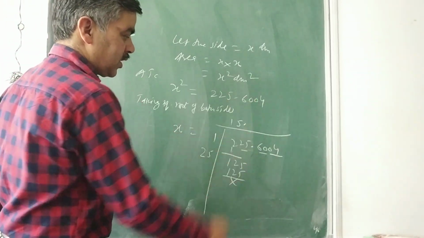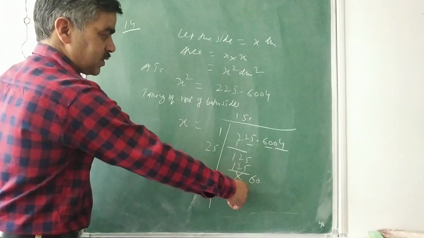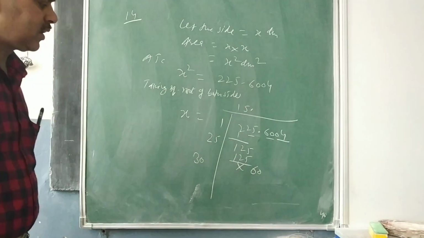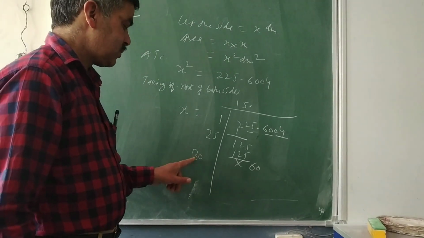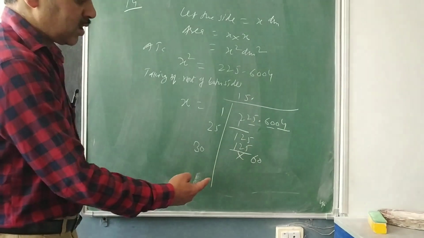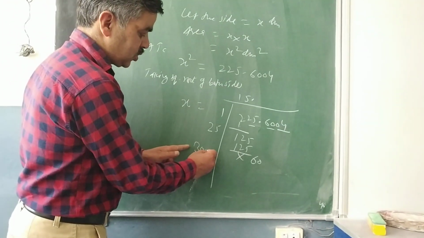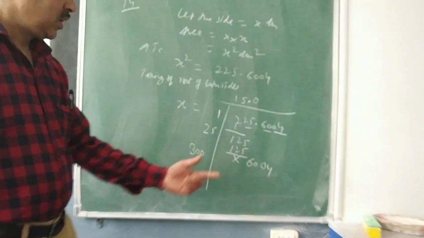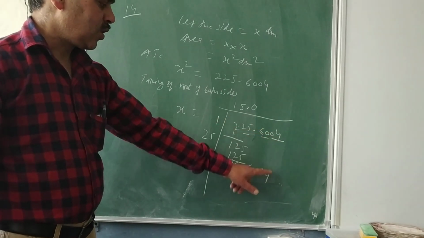Now the turn of the decimal, put the decimal there. Next turn is of 60. Please take 60 down, then complete the pair of 60. Double of 15. Now don't count the decimal. Double of 15 is what? 30. Double of 15 is 30. So when you put even 0 with this, it becomes 300, which is greater than 60. So when this situation takes place, if I put even 1, that will become 301. So simply you need to put a 0 here as well as 0 here and copy down the next pair. I repeat, if 60 is here and here it is 30, I put 0 here and copy the next pair.